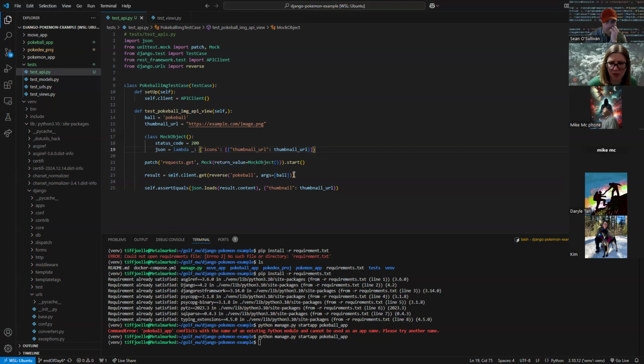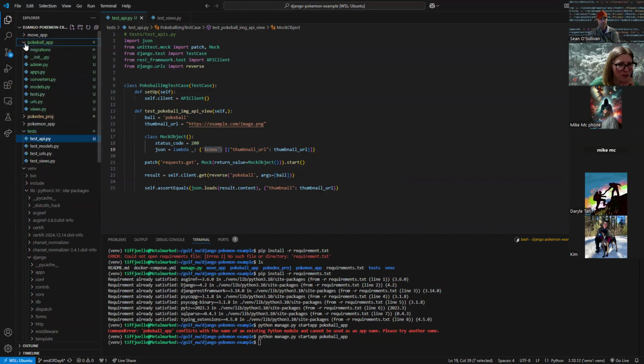Get reverse Pokeball, arguments equals ball. Then we're going to do the result.content. Okay, I'd have to look more into this to see exactly what it's doing. But if you're testing in an API, I would try to set it up similar to this. So if you're wanting, let's see, this equals the same thing we're getting back from our view